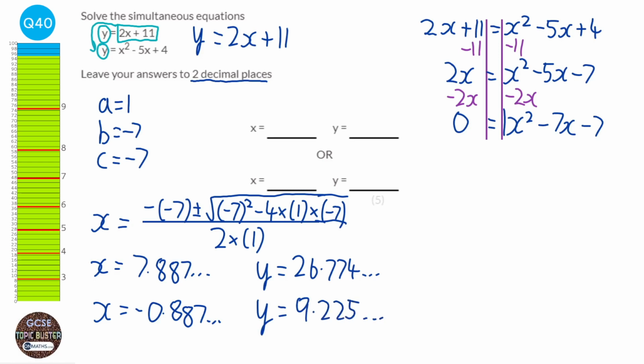So to 2 decimal places, our answers are going to be 7.89 and 26.77, or minus 0.89 and